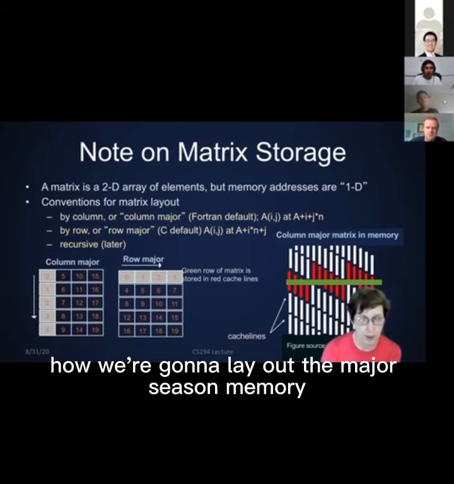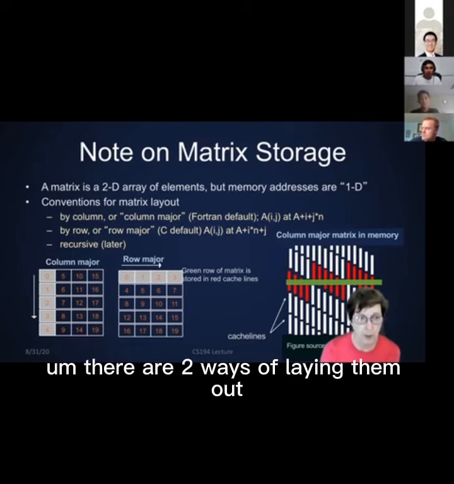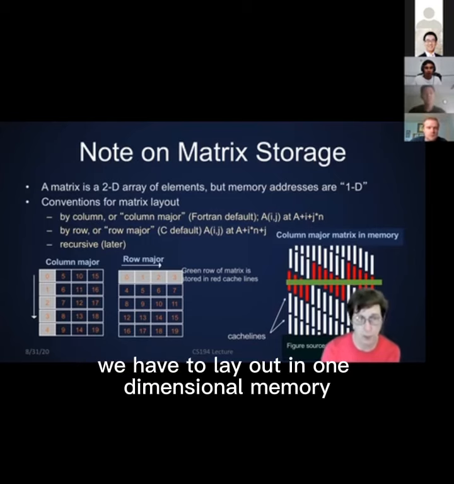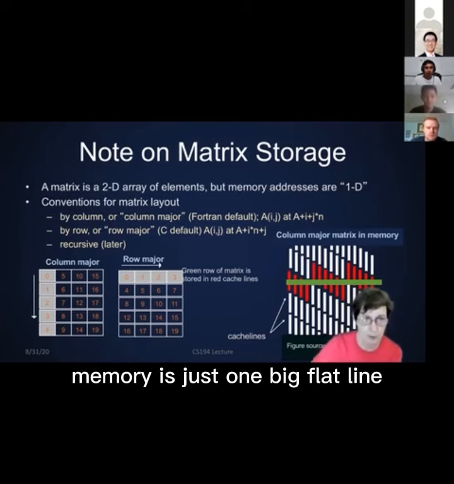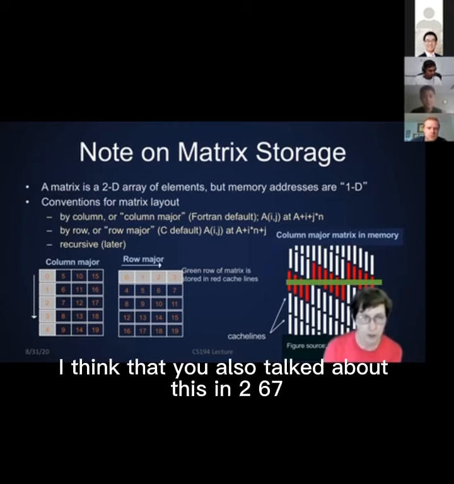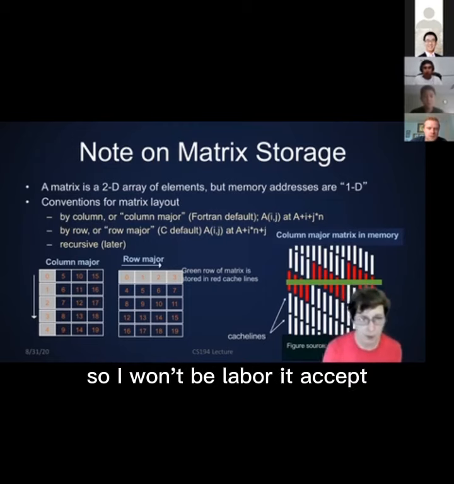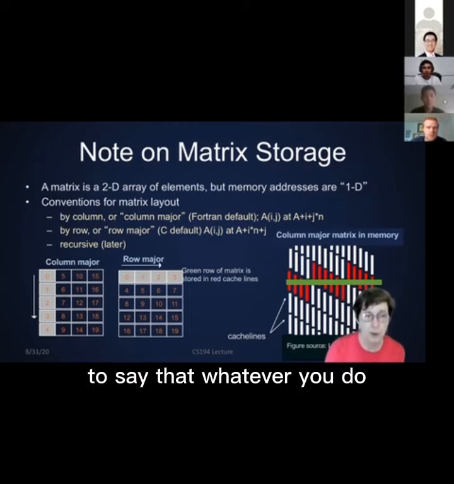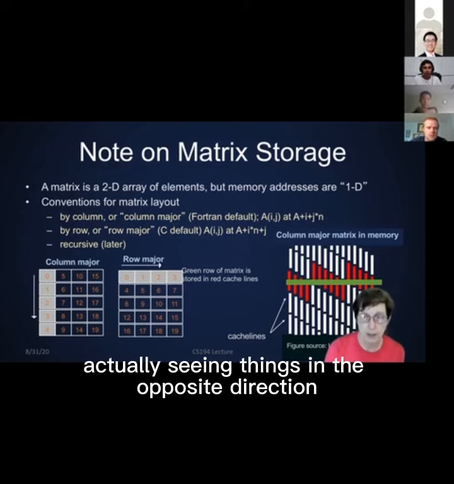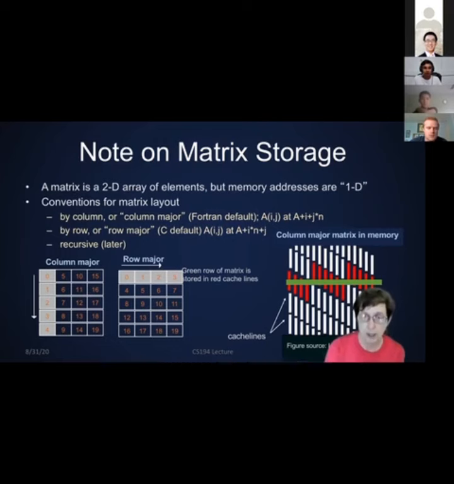to think about how we're going to lay out the matrices in memory. There are two ways of laying them out. We've got a two-dimensional object we have to lay out in one-dimensional memory. Memory is just one big flat line, and so they can be either row major or column major. I think that you also talked about this in 267, so I won't belabor it except to say that whatever you do, whether it's column major or row major, if you're accessing things in the opposite direction,